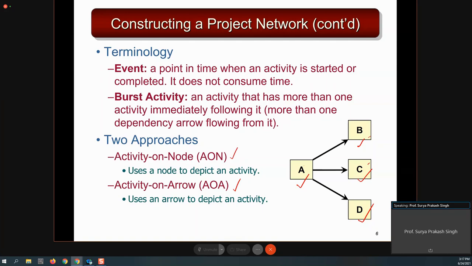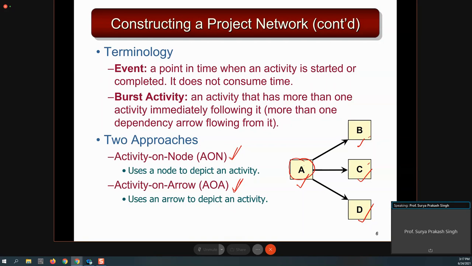But generally for the first timer, those who are learning project management concepts, tools and techniques, activity on node is slightly simpler. But most of the software, like Primavera and Project 360 degree, are very much used by the project manager to schedule the activity, and those are based on the method known as activity on arrow, because activity on arrow can be represented nicely, whereas activity on node becomes difficult in the graphical mode.